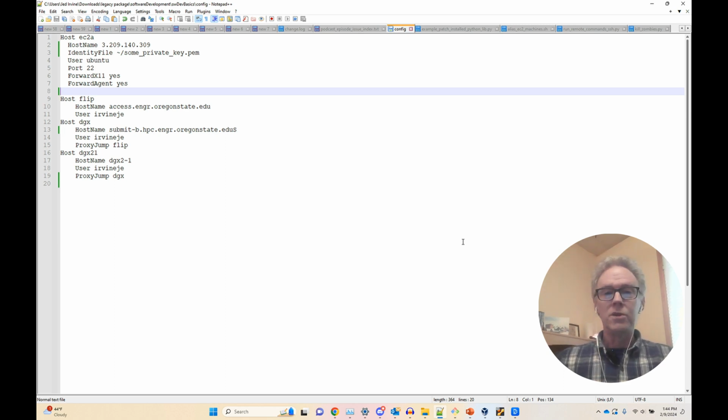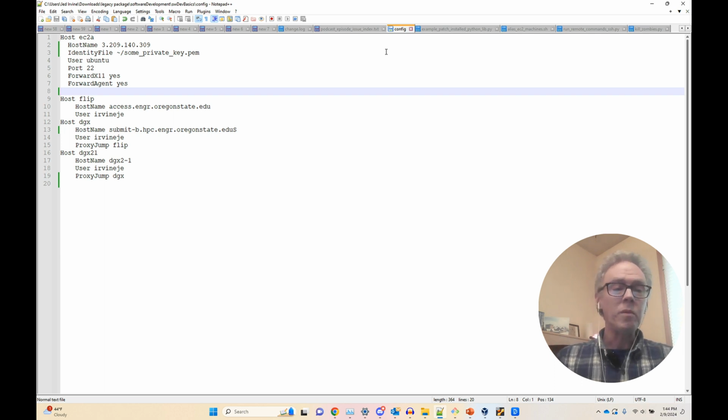So let's dive in. So this first one, this is an SSH config file. First of all, the files I'm going to show you here are in the bundle. So you can just copy them out of there and modify them and use them if you want. So the first one is an SSH config file. So this would live under your home directory